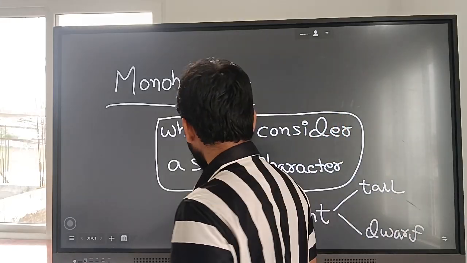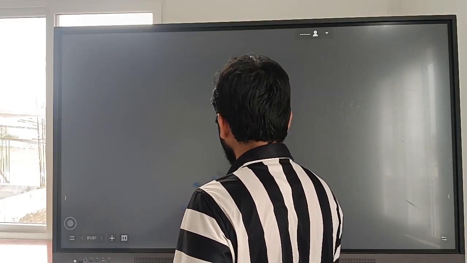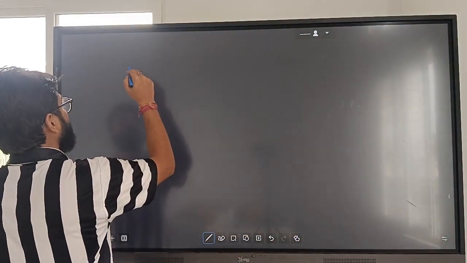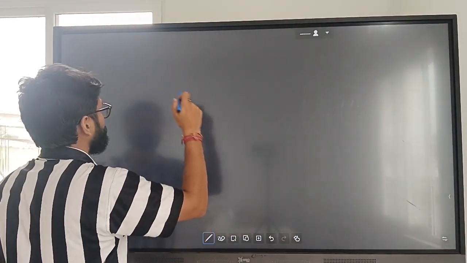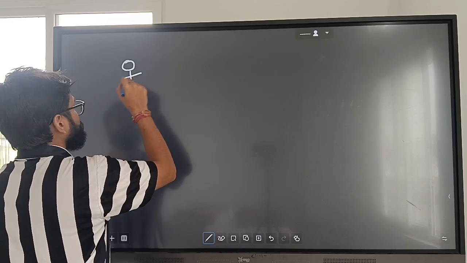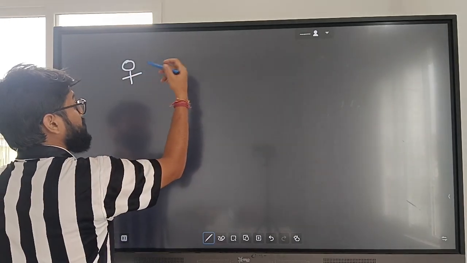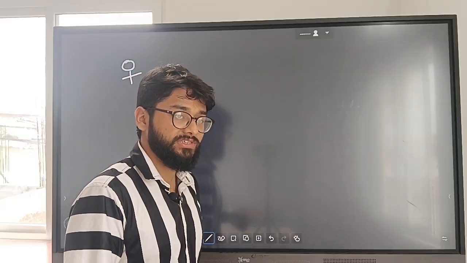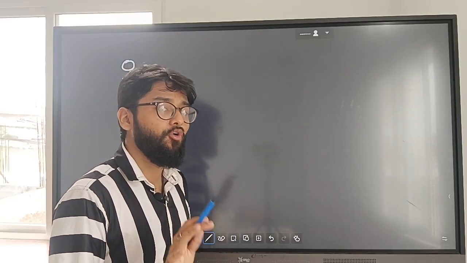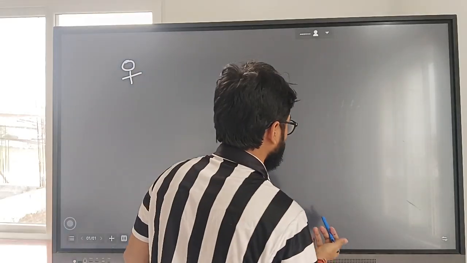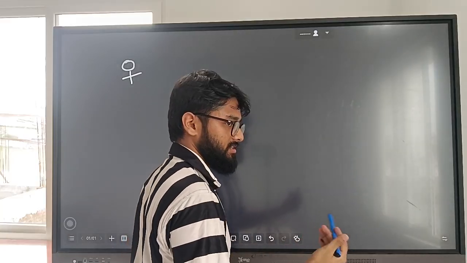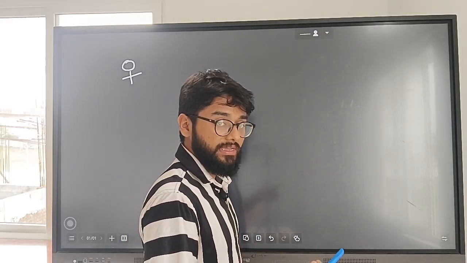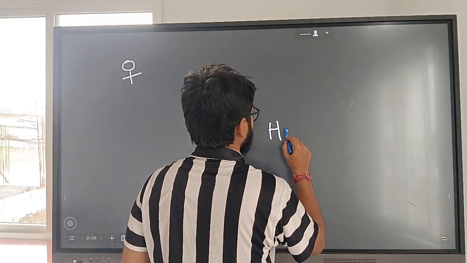To simplify it, let's take the example of plant height itself and two parents. The first will be our female. Let us assume that both parents are true breeding, which means they are homozygous in nature. As discussed in previous classes, I will give you a recap. Homozygous simply means